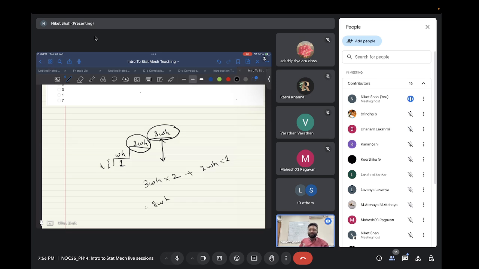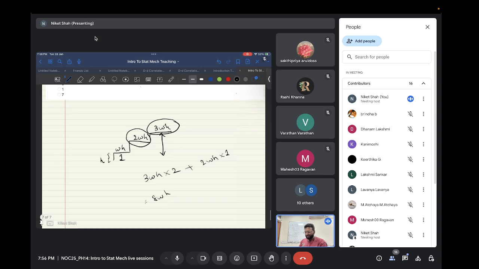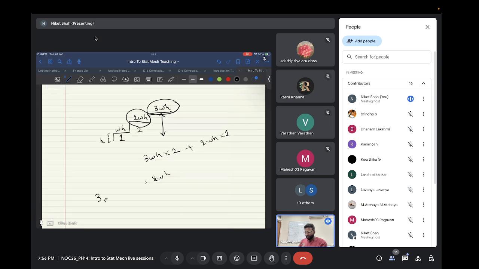So this is the only possibility that is feasible here. There is no other possibility. Now in this case, because all the people are different, from the three people, we'll choose one person who goes on step number two. So 3C1, and the rest two people will go on step number three. So that is just one. So 3C1 multiplied by 1. So the total number of possibilities is 3.